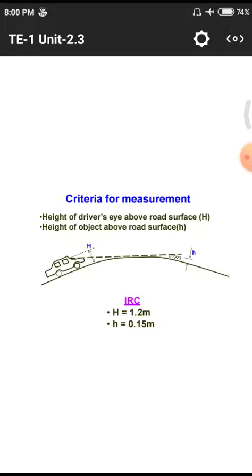While the vehicle is moving, we need to observe what vehicles are in front, at what height they are, and what distance there is between the two vehicles. We need to measure with our naked eye. Otherwise we will meet with a huge number of accidents without these illuminations. Normally the height of the vehicle driver's eye is 1.2 meters and the height of the object is 0.15 meters, as per the prescriptions of the Indian Roads Congress. All those values are given.